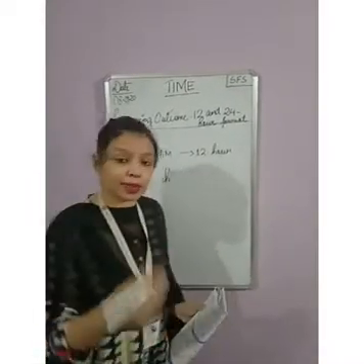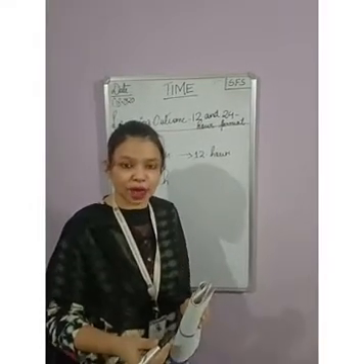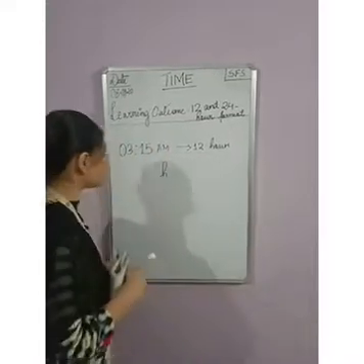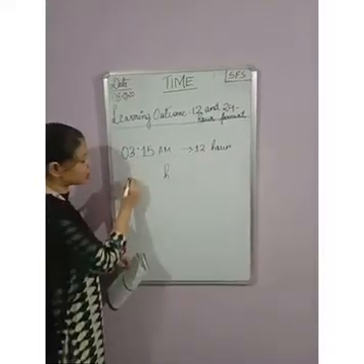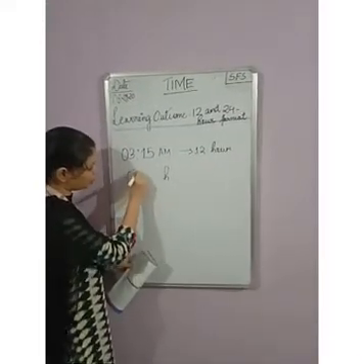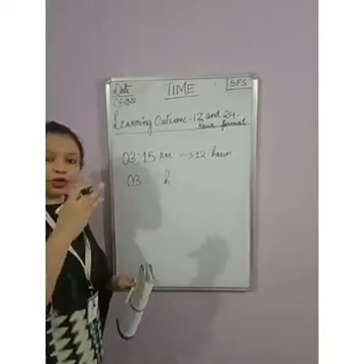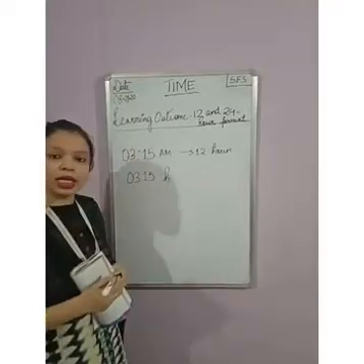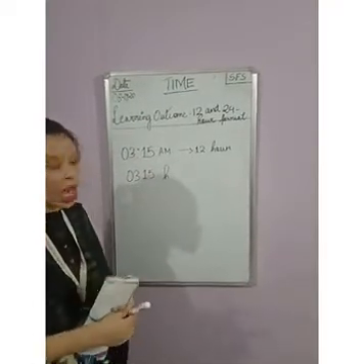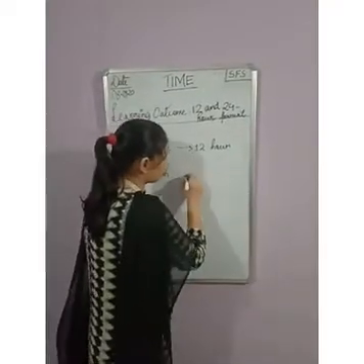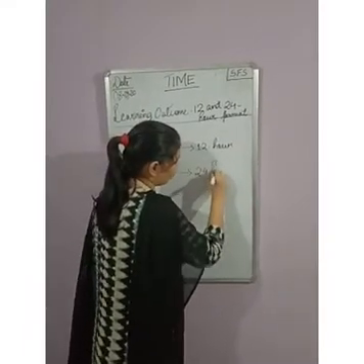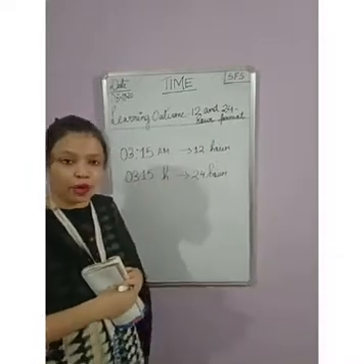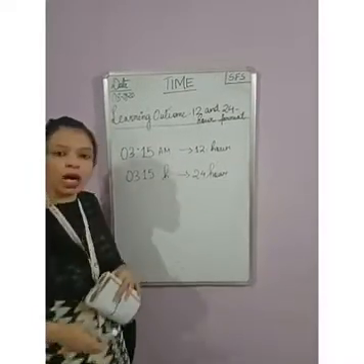Now first I will explain how we write the numbers in the 24-hour format and how we will know whether it is morning or evening. So what is the first number here? The number is 3. So I will write 03 here. The two dots are removed. And what will come? The 15 will come. So it is 3:15 hours. This is how we express this time in the 24-hour format. The small h is for hour.